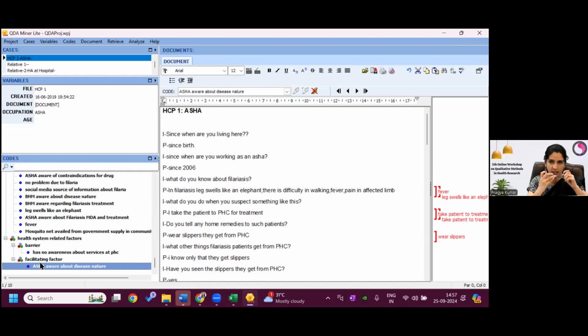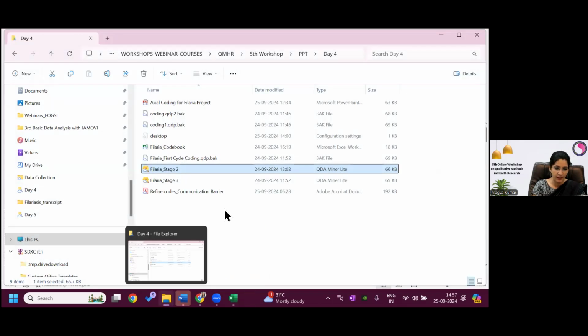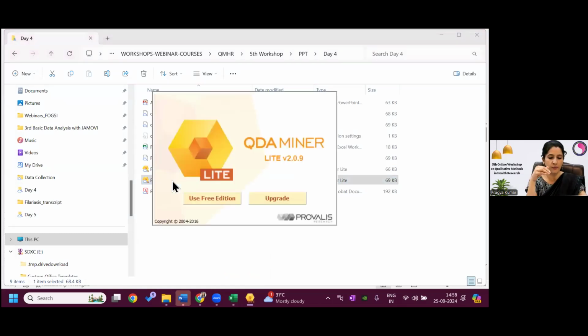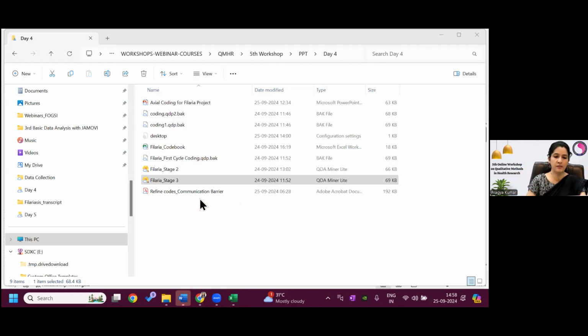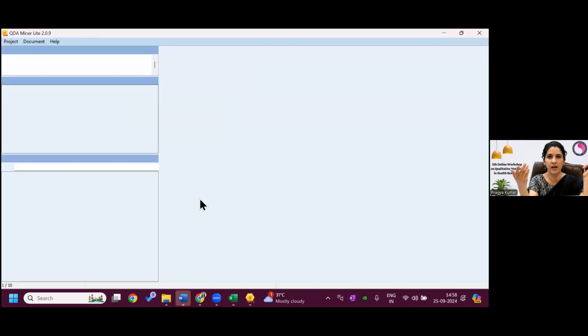If you have understood this, I'm closing this and I'll show you a final version of this analysis, which we have all categorized. So I'll close this and I'll write this stage 3. Whatever process we are showing you, this process takes around, if you are working every day for 2 hours or 2.5 hours, or even 1 hour, because you cannot keep doing qualitative analysis from morning till evening, as you have many other work also. But spare some time, like 1 hour every day, or 1.5 or 2 hours every day.